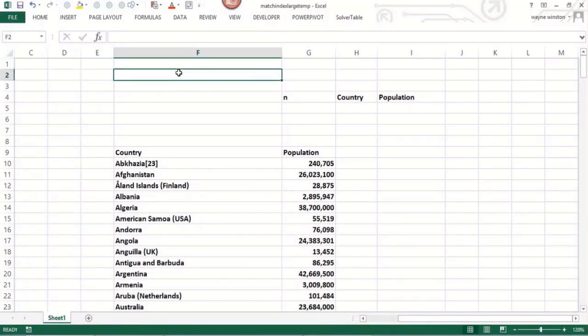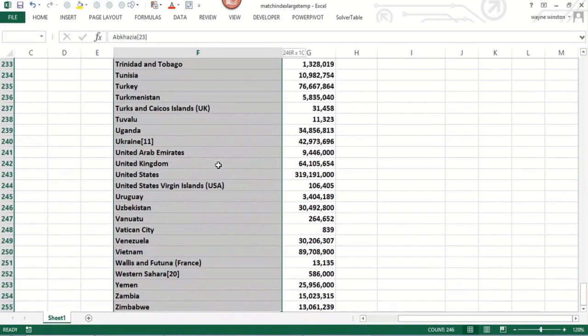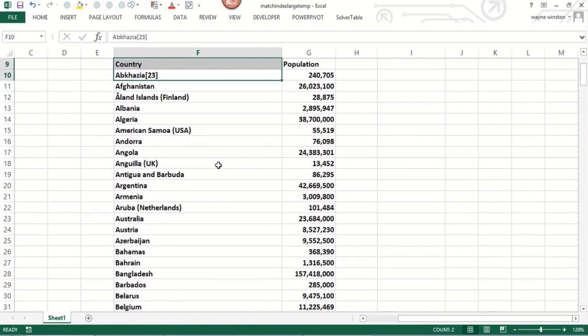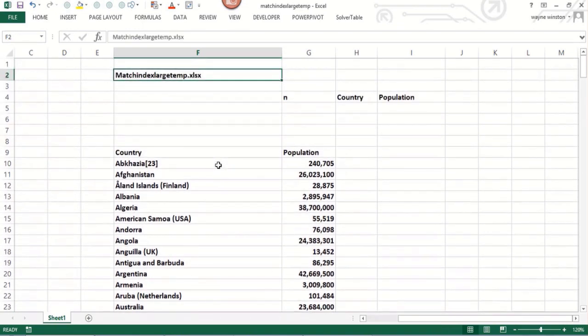Okay, in this video, if you want to follow along, the file is match index large temp. So what do we have here? We've got countries in the world, alphabetized, Abkhazia, whatever that is, through Zimbabwe. Okay, we have the populations, and what we want to do here is you type in a number n, like